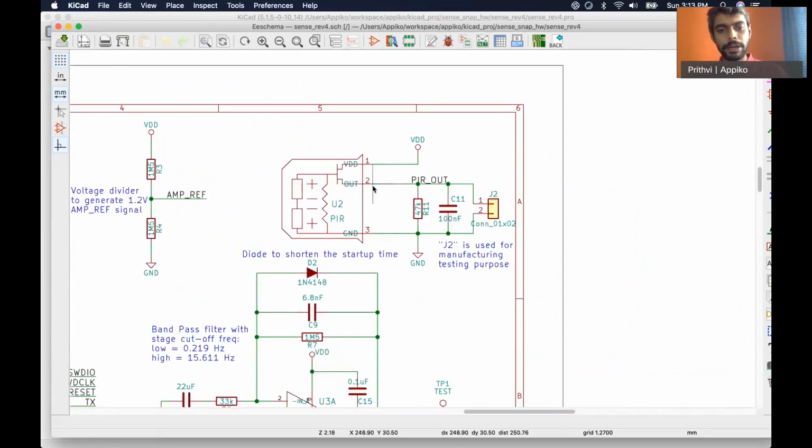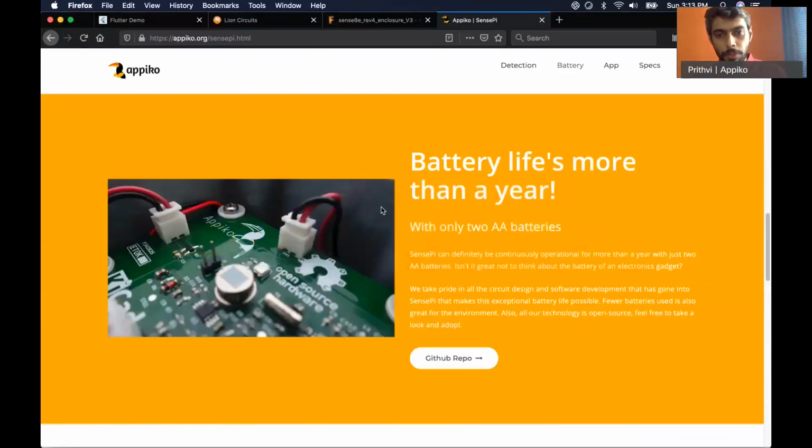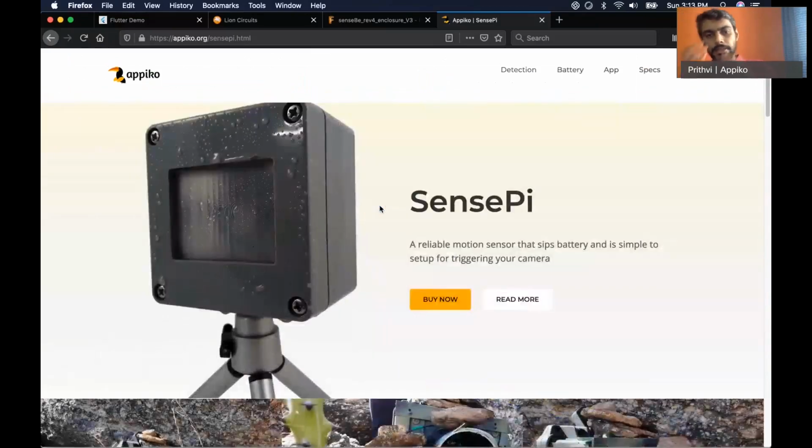Now, apart from the PIR sensor, what all is needed in this system? We need circuitry to process this signal, which means it needs to do filtering, both low pass and high pass, which is band pass filtering, and it needs to amplify the signal in this desired frequency range.